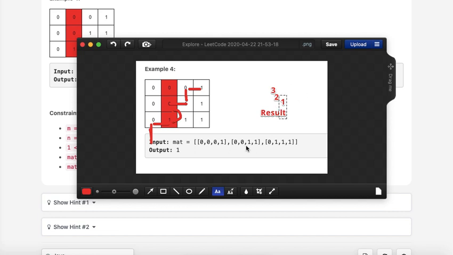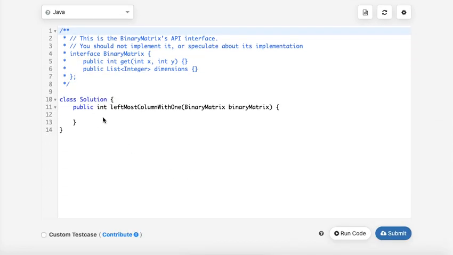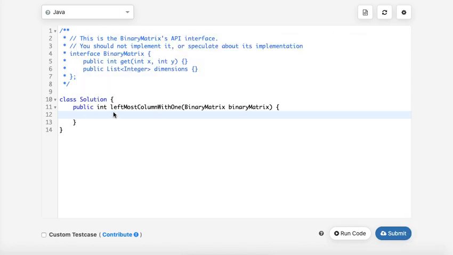So this is one approach. Let's code this up and check. There is another approach that we'll discuss later. So let's code this result approach first. I can close this. What we have to do is, I need n and m, right? How many rows are there and how many columns are there?